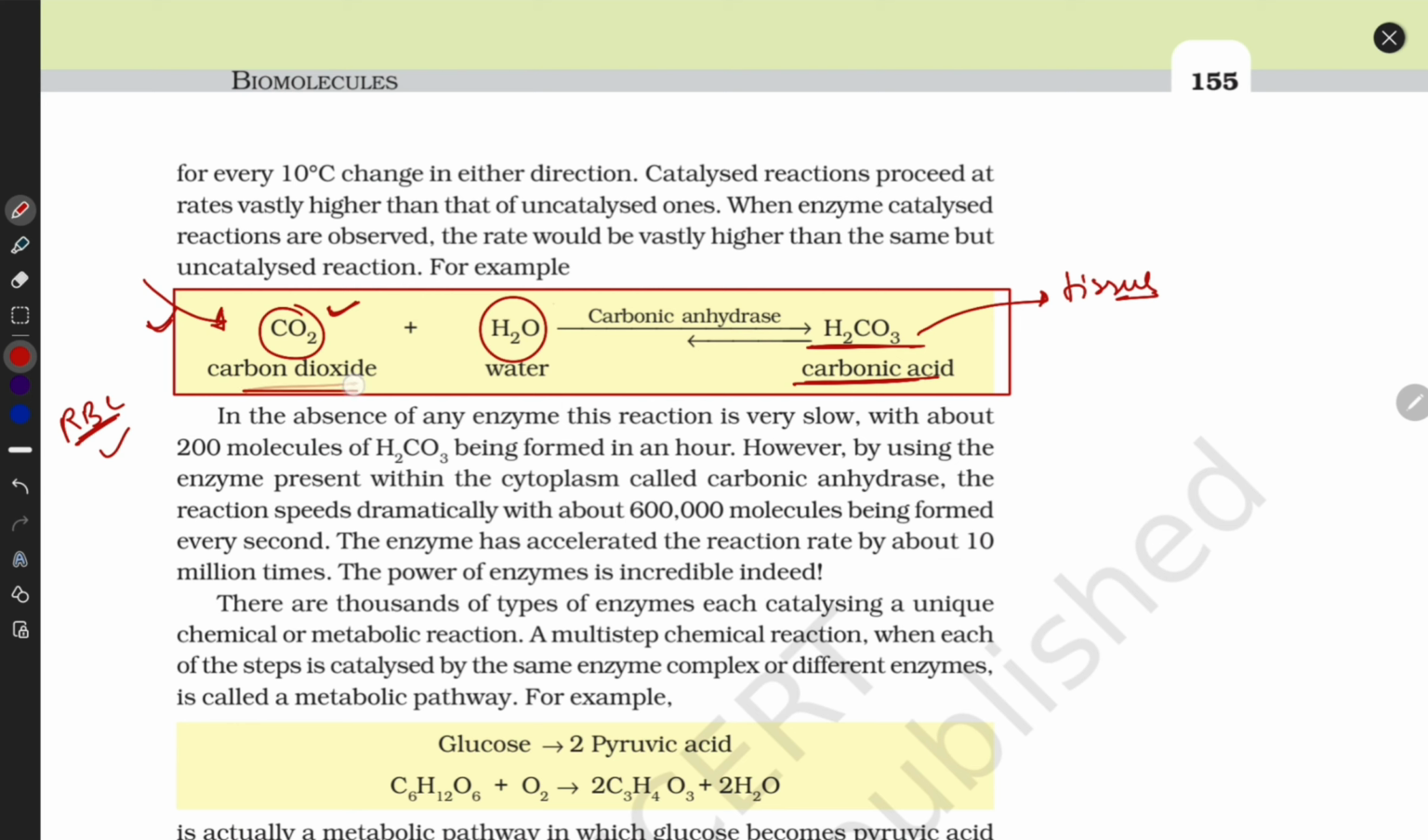So CO2 and water change into carbonic acid in the presence of carbonic anhydrase. This is the very fastest enzyme. Look here. In the absence of any enzyme, this reaction is very slow. If I remove this enzyme, then this mechanism is very slow, with about 200 molecules of H2CO3 being formed in 1 hour. But if you add this enzyme, this phenomenon occurs every second. Now, guys,